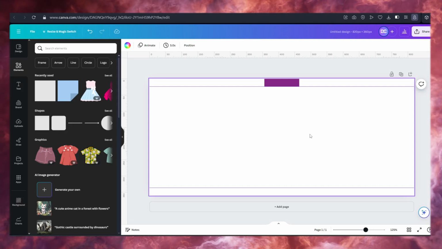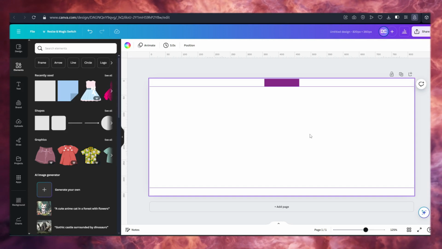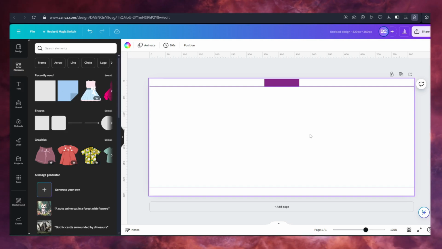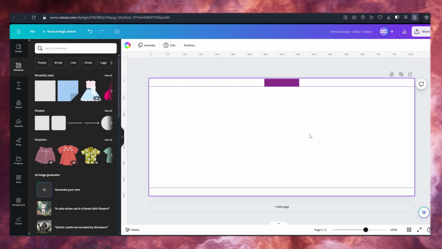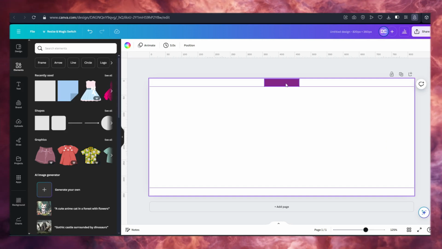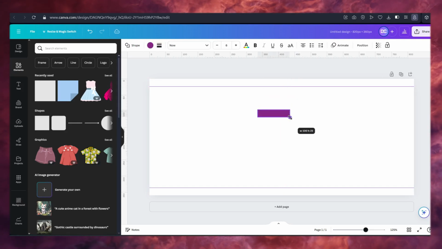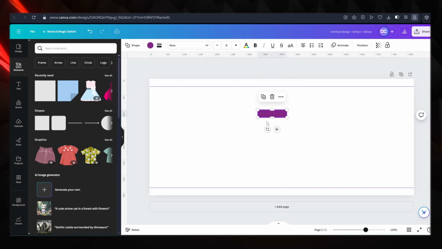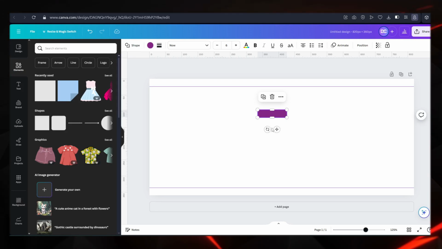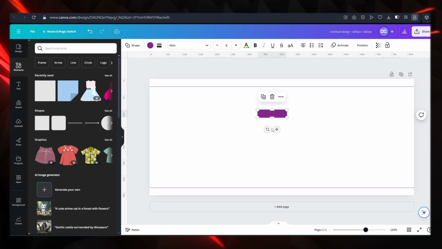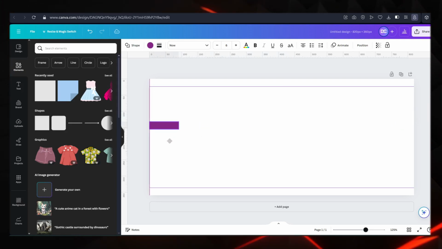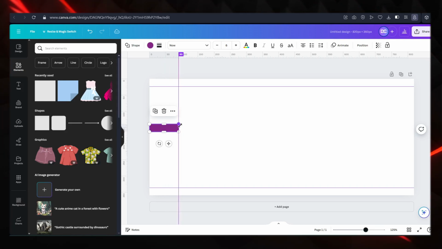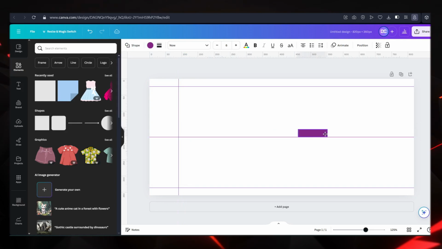Now for the sides, when viewed on the mobile app, Facebook will crop 90 pixels from both the left and right sides of your Facebook page cover photo. So let's resize our square to 90 pixels in width, and as you can see, it's done. Create a ruler for our sides the same way we did with the top and bottom of our image. Place it at the corner. Now take the ruler from here and place it over. Do the same with the right corners also.